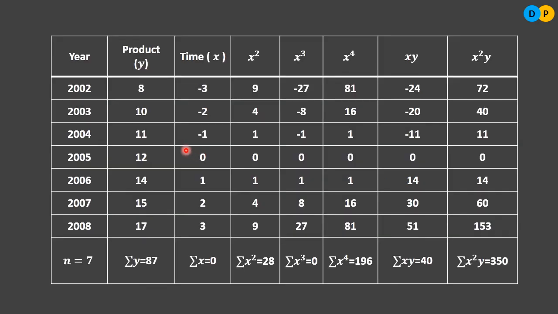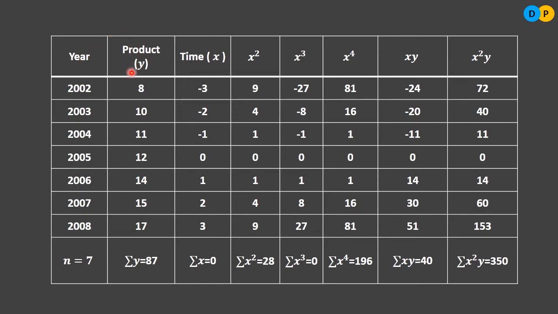Let us work. We need to construct a new table. How does the new table need to be constructed? It depends upon the normal equations. We have three normal equations, and in the normal equations there are different terms. You need to consider the different term values to construct the columns here. As usual, the first two columns will be similar to the straight line trend. First we'll consider the year, and next the variable value.